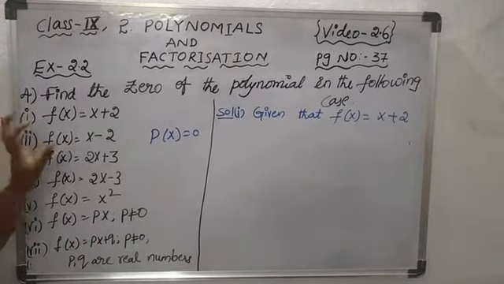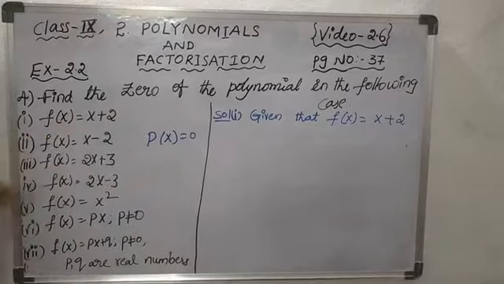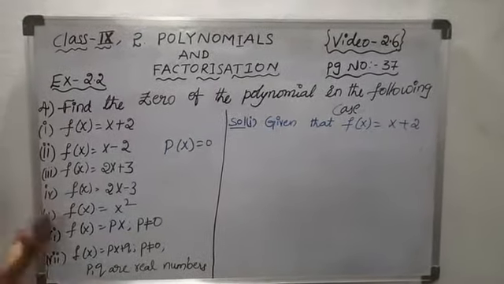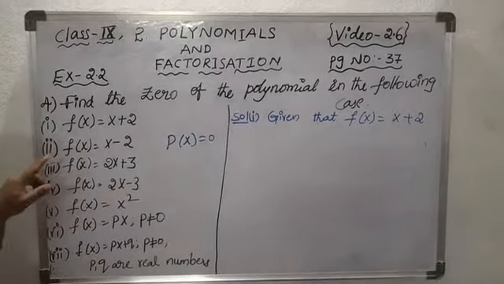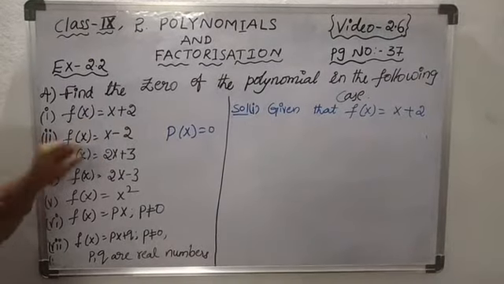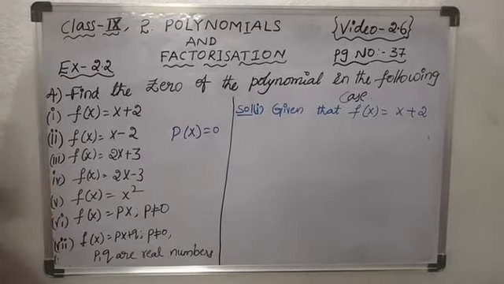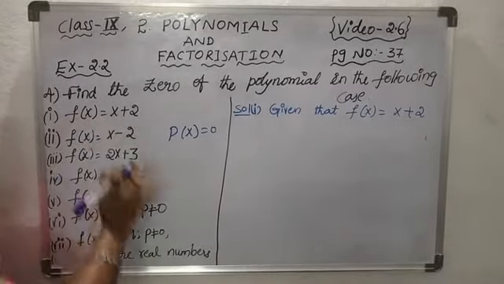Here also, instead of p of x they have given f of x, g of x, r of x, anything, whatever they have given, that is a polynomial. Here the polynomial is f of x. So I will explain any two problems in this bit, the remaining you can do yourselves. So I will take the first one.